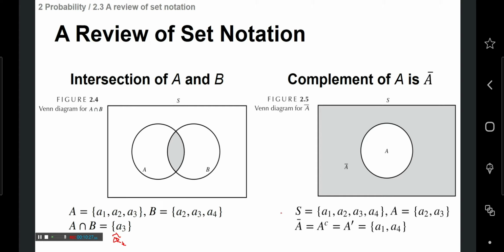We can check that using the Venn diagram as well. Let's check the left-hand side first. For the left-hand side, what would be the complement of the intersection of A and B? The intersection of A and B is here, and the complement of the intersection of A and B is this